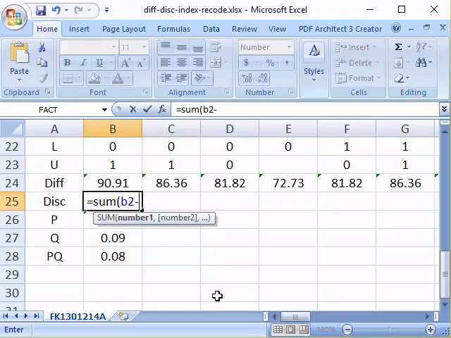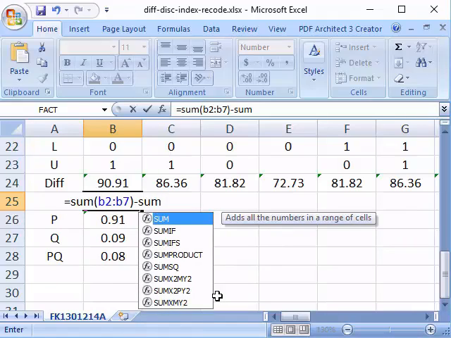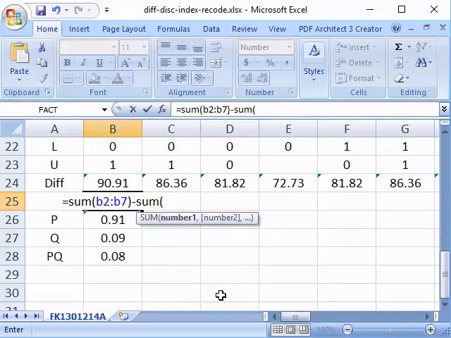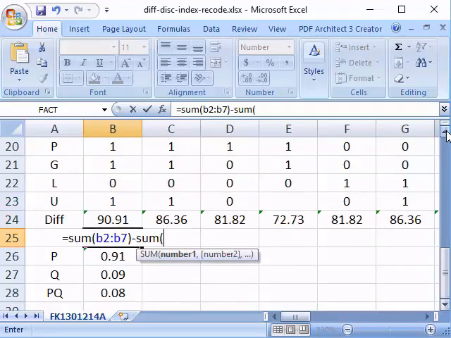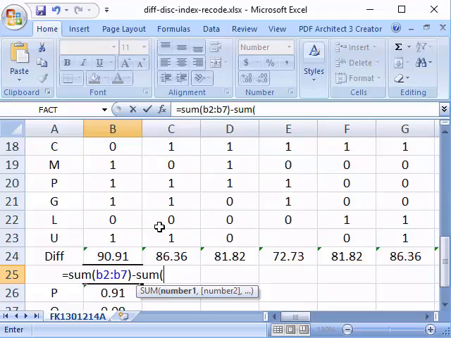Okay, minus the sum of the bottom 6. So we got the B23. Okay, 1, 2, 3, 4, 5, 6. So from B18 until B23.